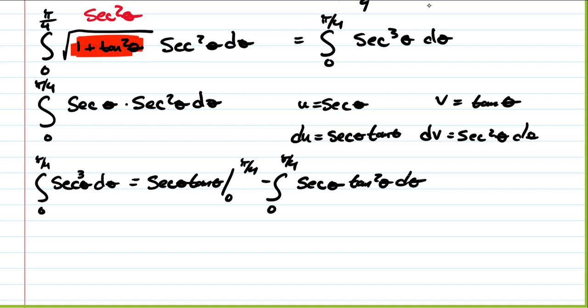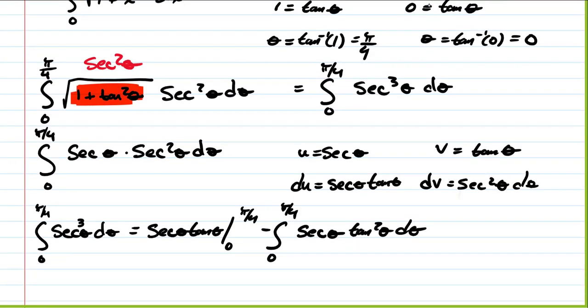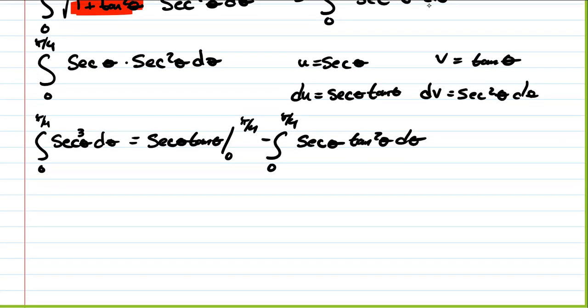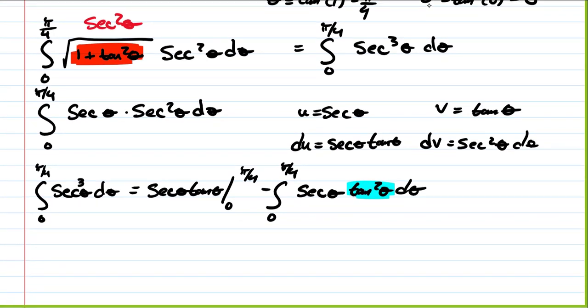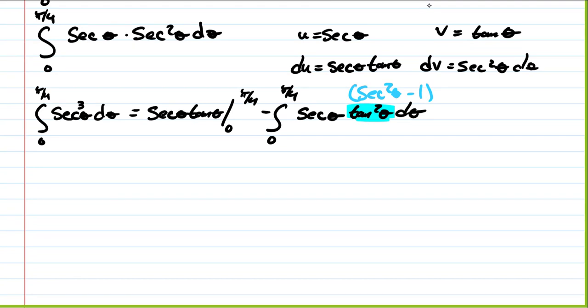So we're looking at this and we're like, I'm not entirely sure that I made a lot of progress. Is this integral really much better than what we started with? Not necessarily, but we can make an observation. What do we know tangent squared is going to be the same as? Well, tangent squared plus 1 was secant squared, so tangent squared theta is going to be secant squared minus 1. So if we put all of that into our integral,